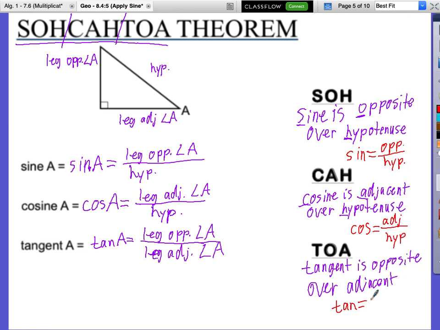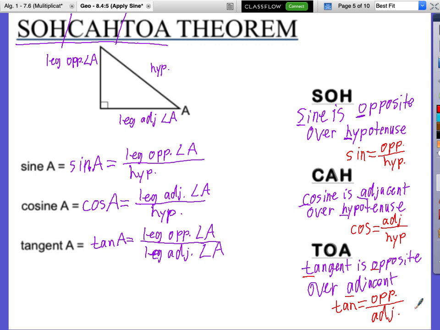Abbreviated tangent, TAN, equals OPP for opposite, divided by ADJ for adjacent. And so do we see here our T, O, and A? And in our more abbreviated one, we still have T, O, and A. So if we can remember SOHCAHTOA,